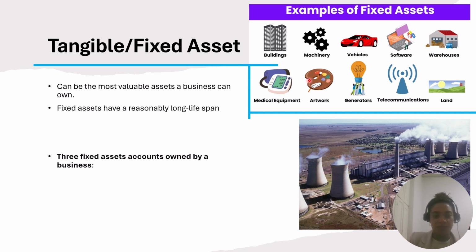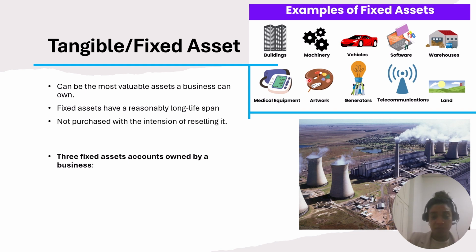Okay, and fixed assets have a reasonably long lifespan. We take, for example, the school building. We can all testify of how generations and generations of our families have been taught in the same school building. So assets can have a reasonably long lifespan,